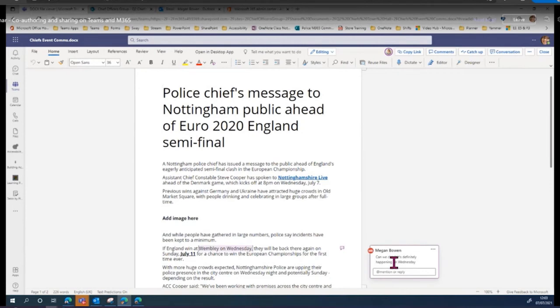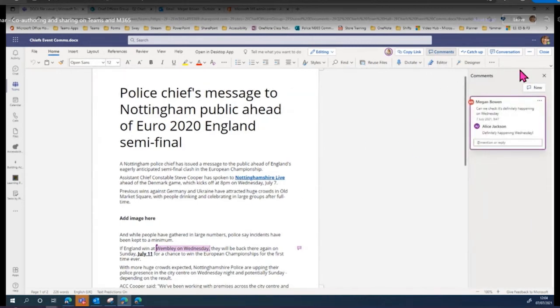Now when we add comments to documents, it might be just to keep our audience up to speed around certain changes that we want to make, or maybe questioning. So the comment I've made here is, can we check if this is correct? Is it actually happening on Wednesday? If I just click on this comment, it highlights the comment that we've added within that document. And the way that we did that is we click on comments,